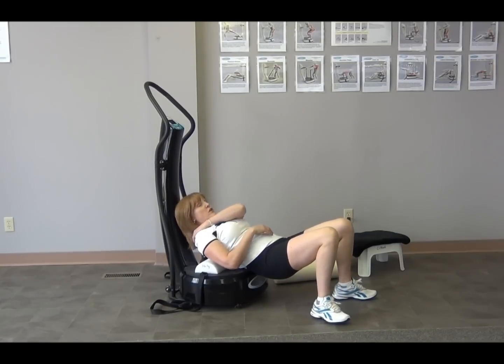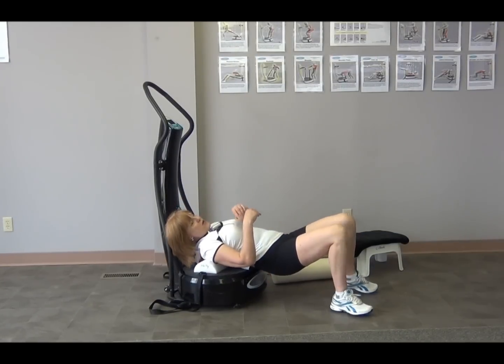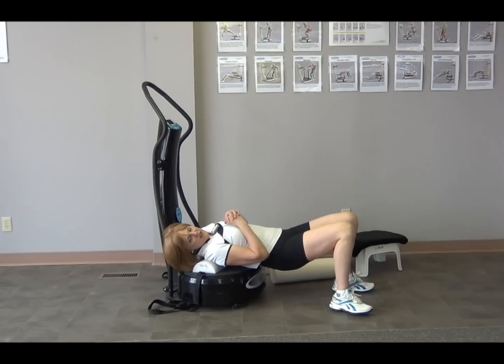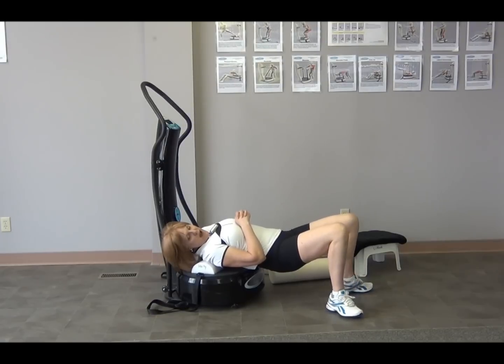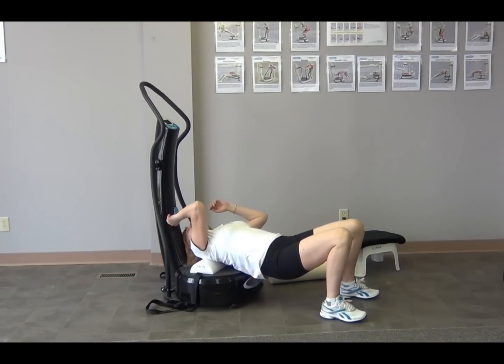I tend to get, or used to, always have a knot in my shoulder. I would have given anything to have this a year ago, 10 years ago. And I can just rotate so that that's working right into where that knot would normally be. And I'm sure there's a lot of you out there who have that. Then you can rotate right down. If I turn it down just a little bit,